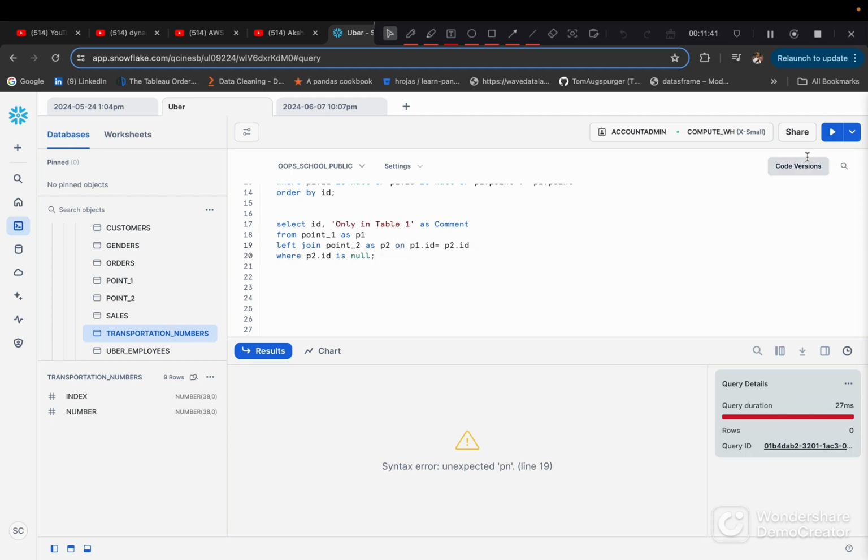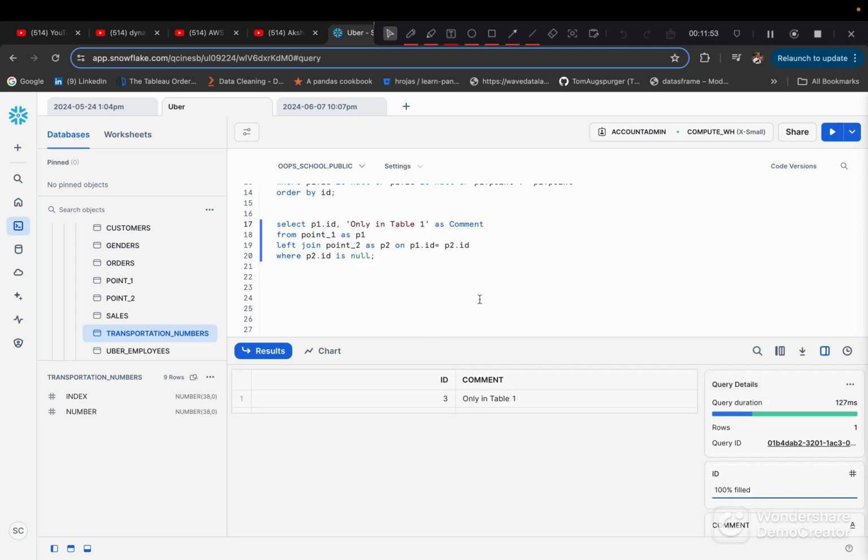Why am I making these silly mistakes? Ambiguous column name id. p1 dot id. 3 only in table 1. Okay, got it. Let me copy this